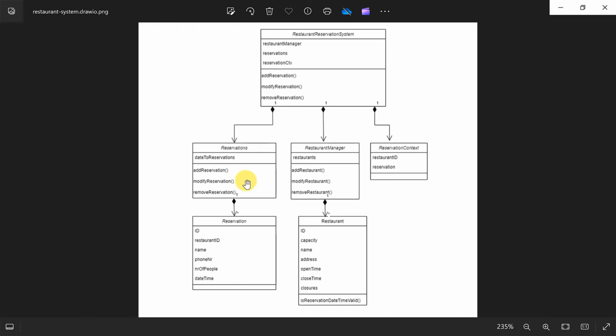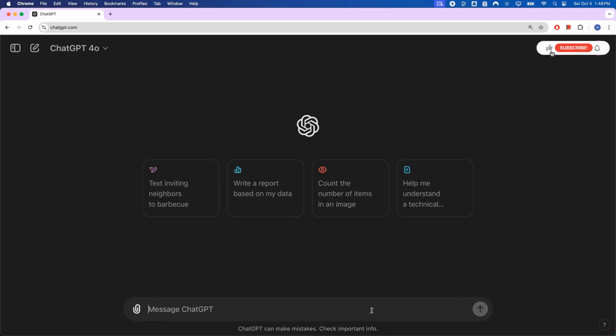And basically, you can use a reservations object that's going to keep some kind of list organized by date. This is actually a map. And then you have a restaurant manager which manages restaurants, right? Adds, removes, and modifies restaurants, right? So now that you know the overview of the simple restaurant reservation system we're going to be building in Java,